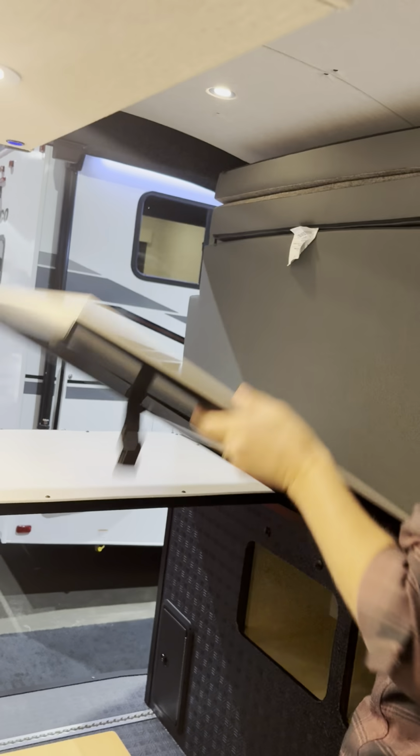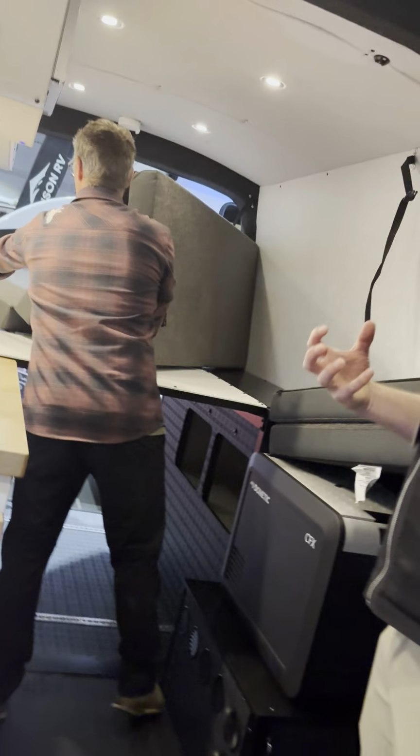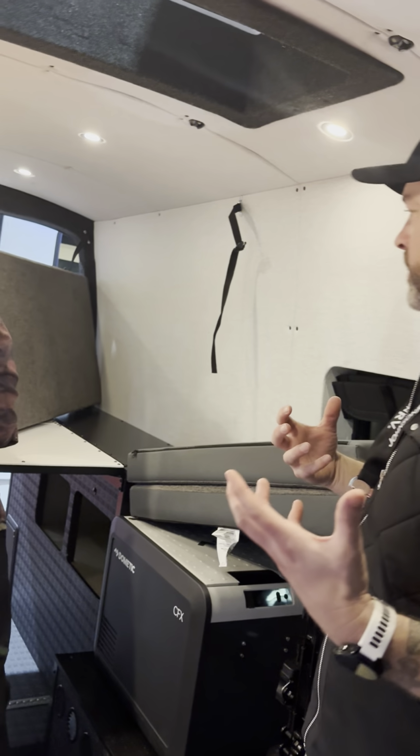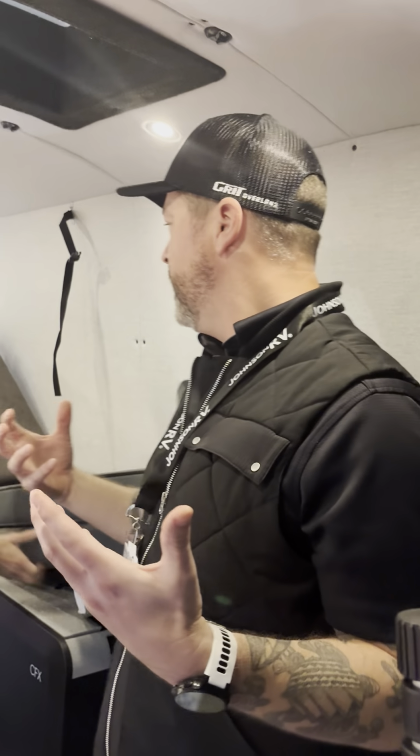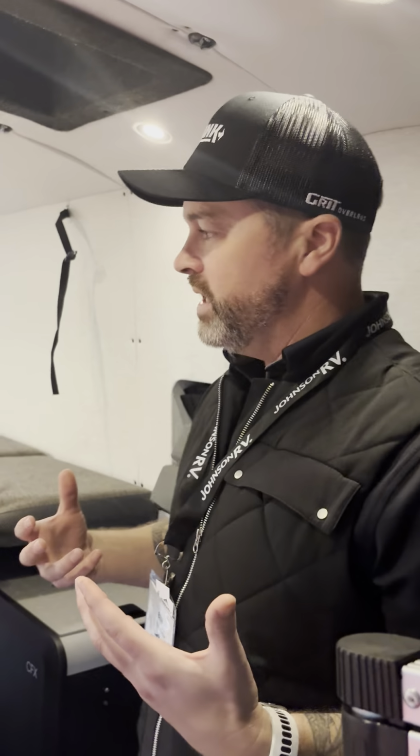While Dan's doing that, I will just add to the conversation. As we're talking to our clients and we're trying to figure out their wants, their needs, their financial parameters, we're having to assess the type of van that's going to fit that. And I think what we've noticed as the van market has evolved over the last decade or so is that